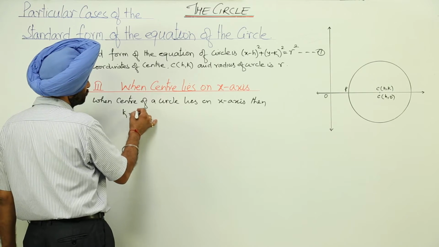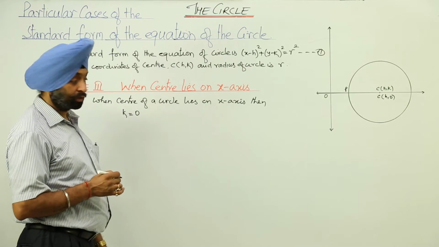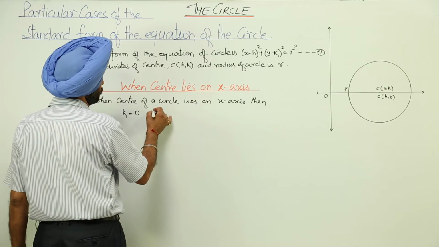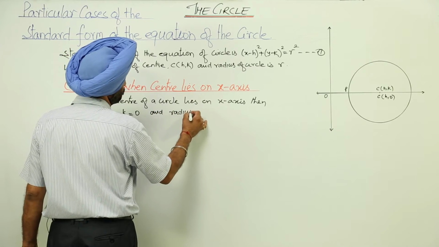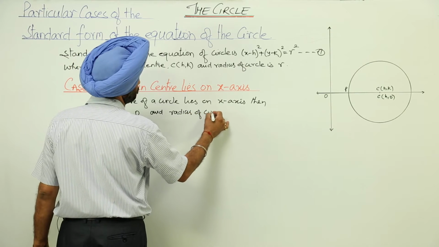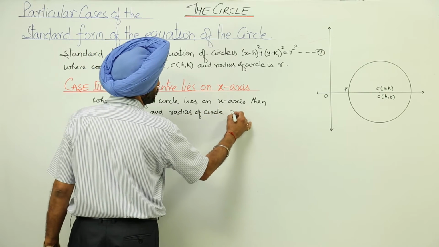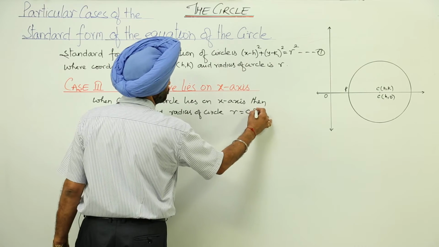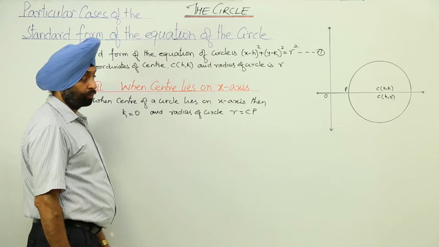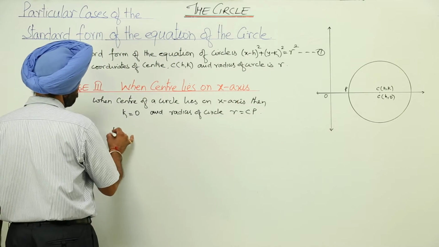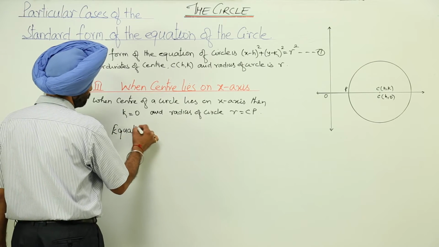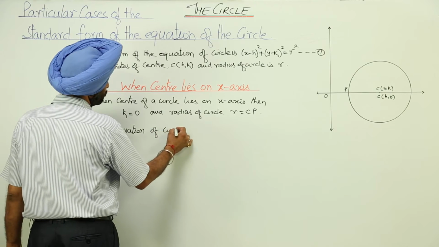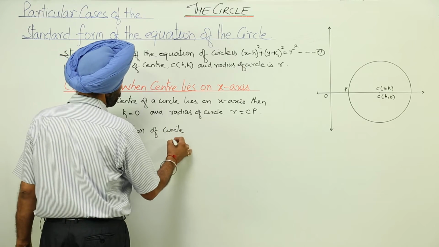k is equal to 0. Then we are having k as a 0 and radius of circle r is equal to CP. Now equation of circle becomes